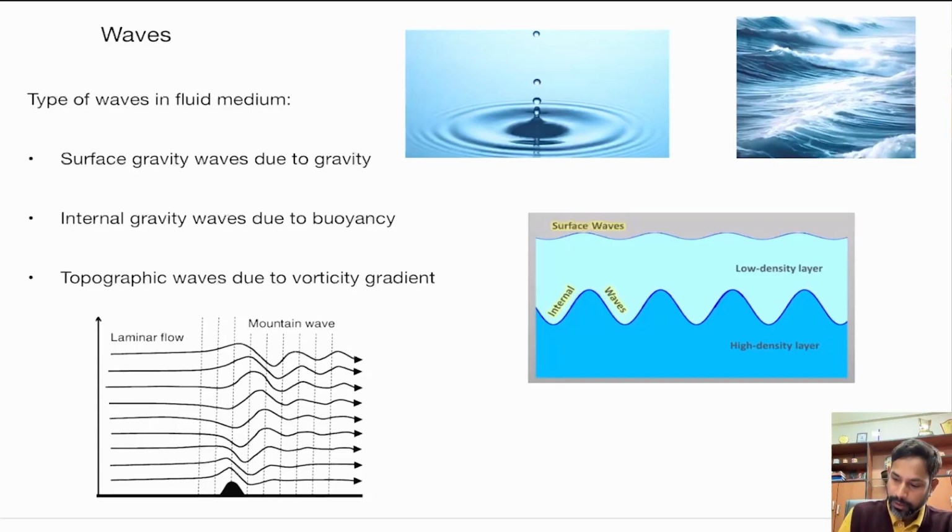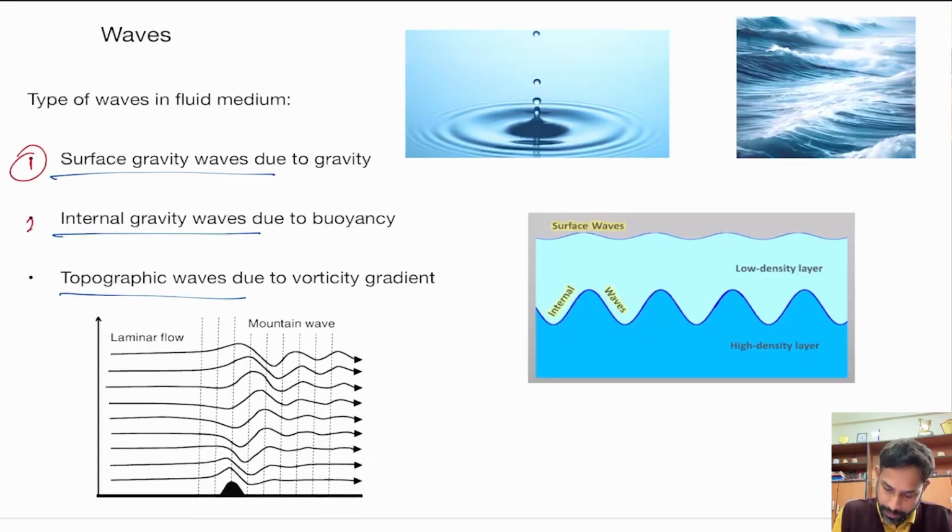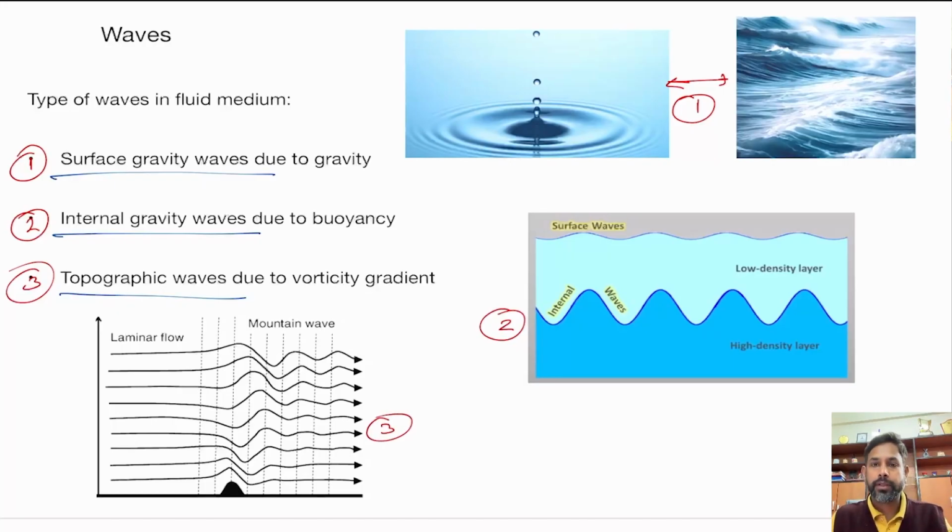So one of them is called surface gravity waves, then we have internal gravity waves and topographic waves, etc. What you see here, let's call it number 1, this is number 2, and this is number 3. So these ones are the example of number 1, this is an example of number 2, and this is an example of number 3. What's happening in case of number 1 is that there is a water surface, right,